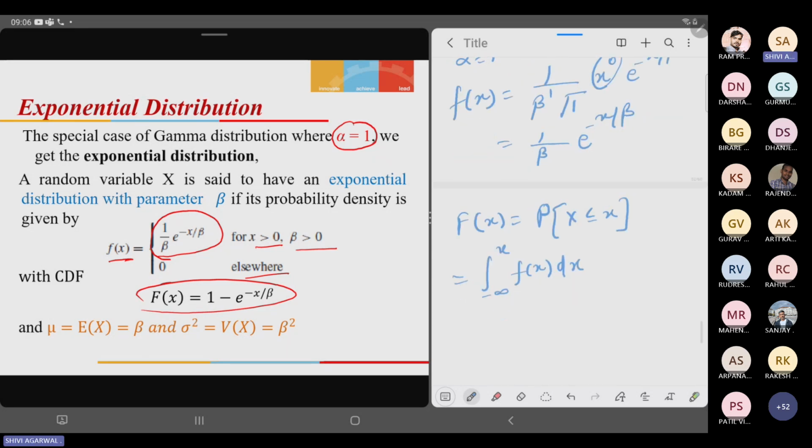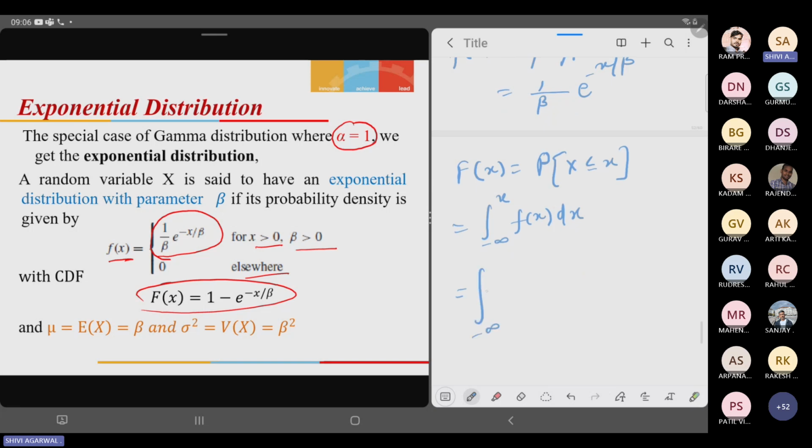That we have done now. So we are saying minus infinity to x f(t) dt, we can write like this. So 1 upon beta e to the power minus t by beta dt. Okay, when we are solving it, it comes here 1 minus e to the power minus x by beta. Just integration. So F(x) will become 1 minus e to the power minus x by beta, and mu is equal to expected